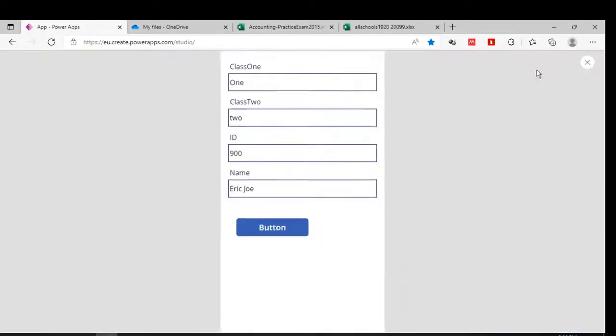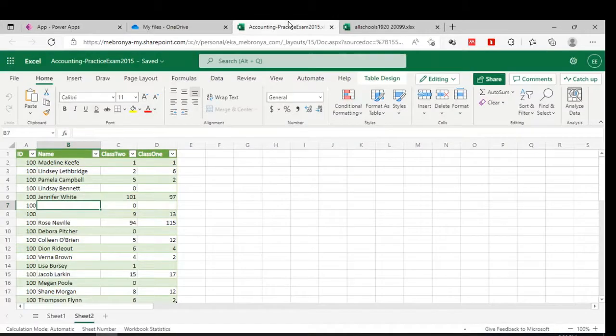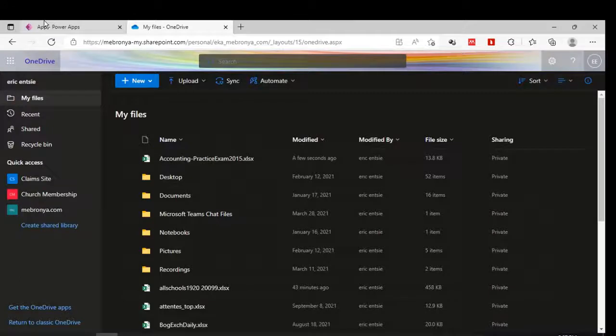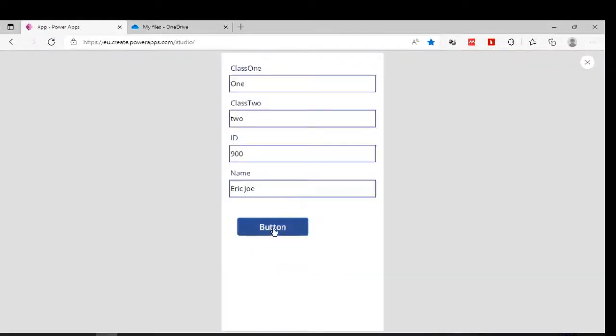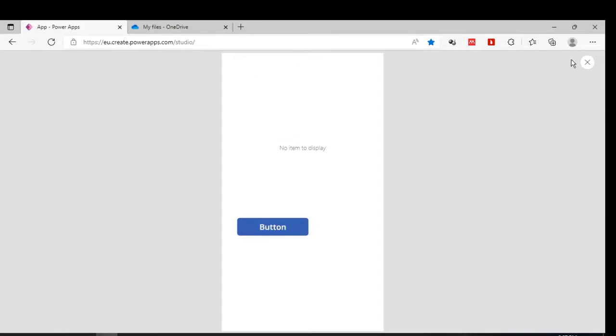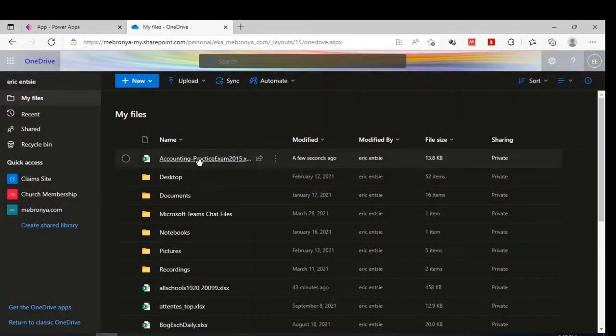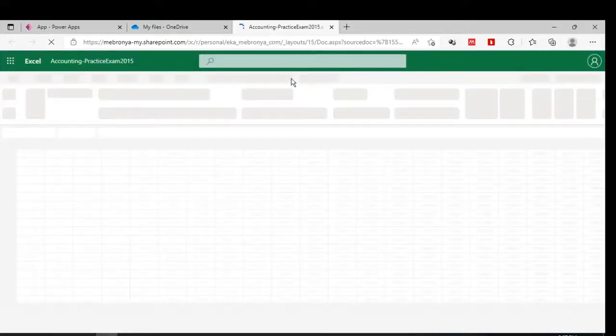Okay, so with this we'll be able to save. Now, to be able to save, you need to close the Excel first before you'll be able to save. So let's see how it goes. Okay, so when we go to our Excel and check the records,